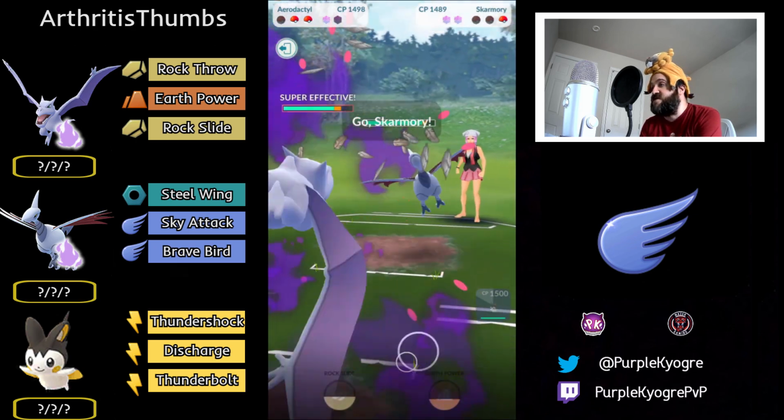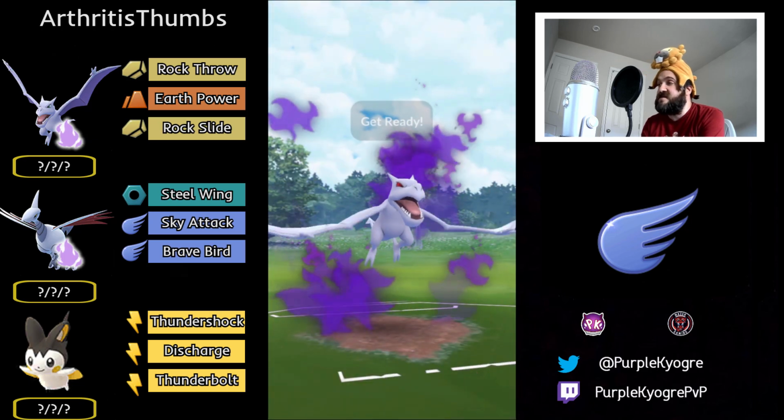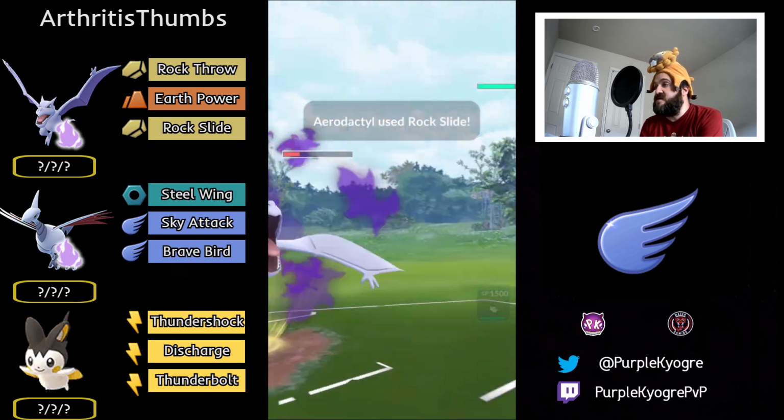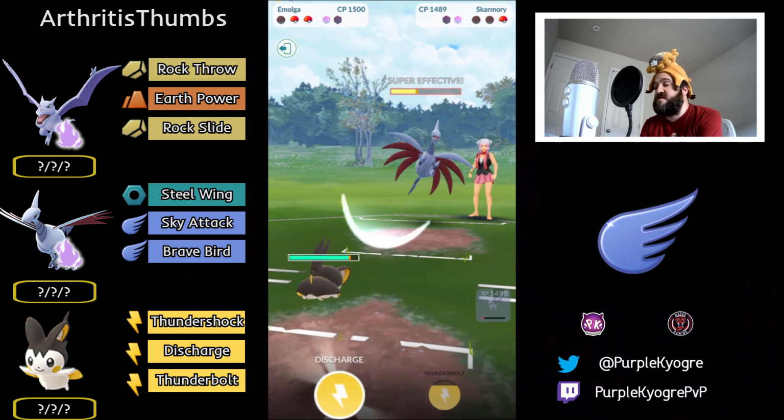And trying to switch out, unfortunately, can't switch out quite yet, so might as well just go for the Rock Slide. Able to get it. This is going to definitely force a shield. This is going to be a win here. We do see the Rock Slide, and we see the Emolga come in, and Emolga is absolutely going to go